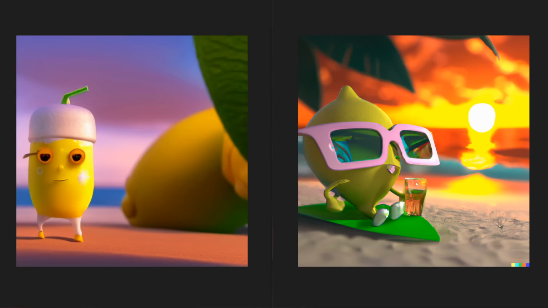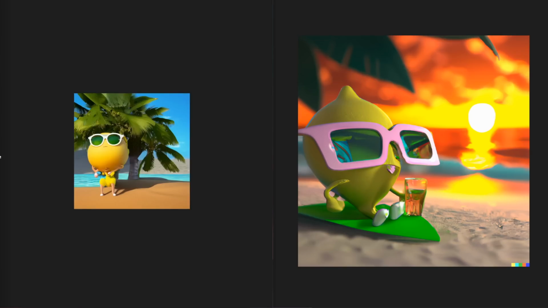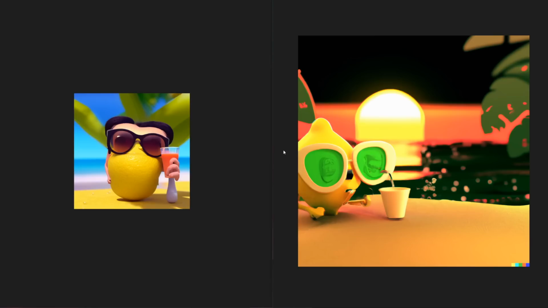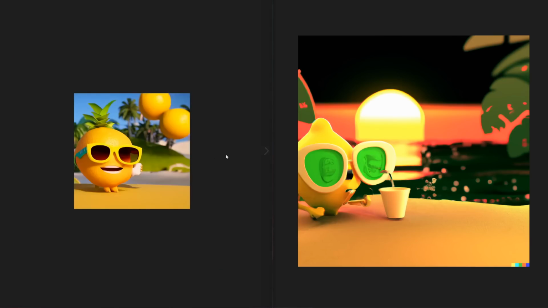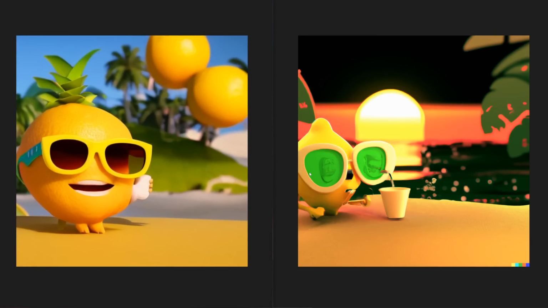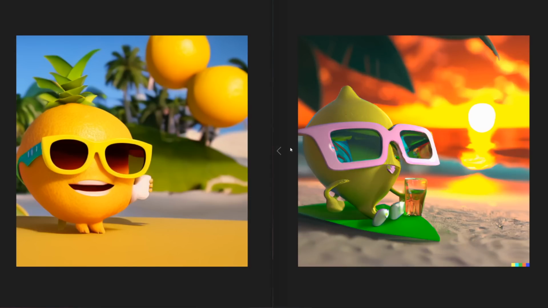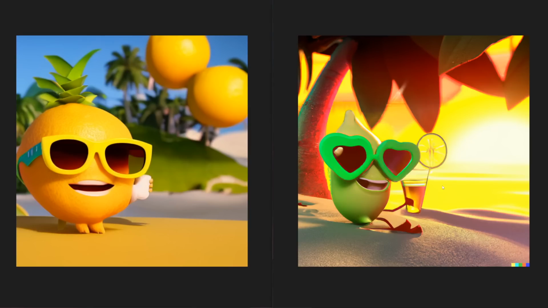It's a little bit less coherent, a little bit more mishmashy, and a little bit swirled around and messed up. But, you know, definitely a lemon character, sunglasses, holding a drink at the end of the day. All in all, though, I think both AIs do a decent job with this prompt here. Definitely, I think these are the two top AIs that people can access right now, Stable Diffusion and Dall-E 2. I think Dall-E 2 wins, though, for this prompt. Personally, it just gets the prompt a little bit closer, I think. Although Stable Diffusion does a very, very good job.